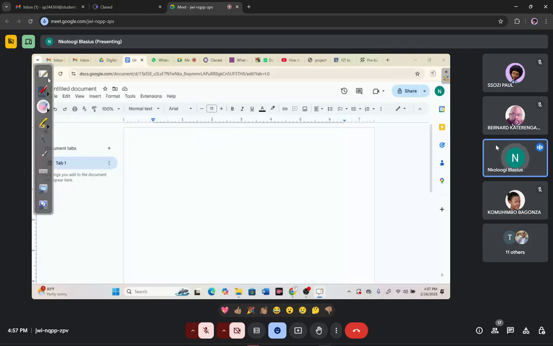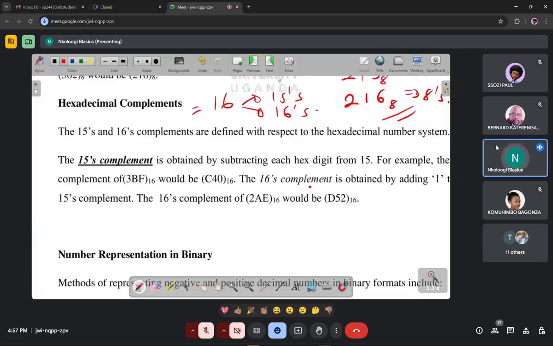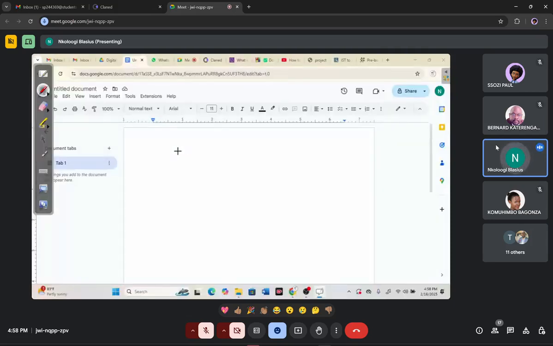Just add this knowledge to that, then you'll use the same principles as you've done in the sevens, eights complement, and tens and nines. But this I say,